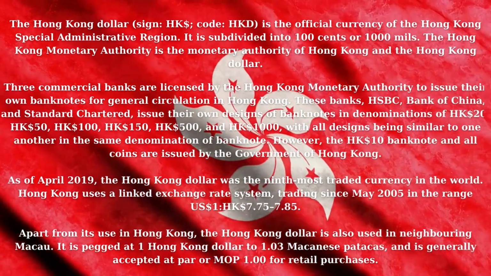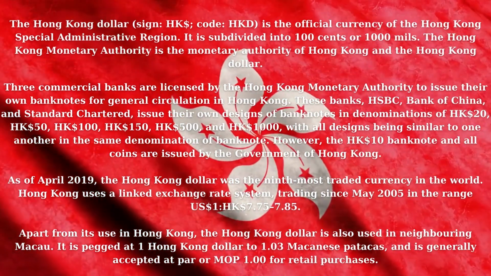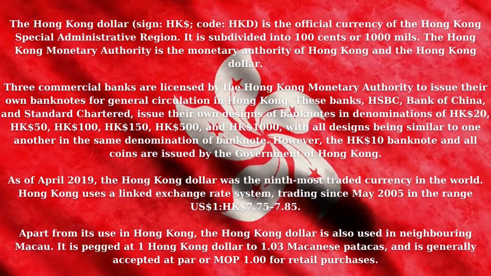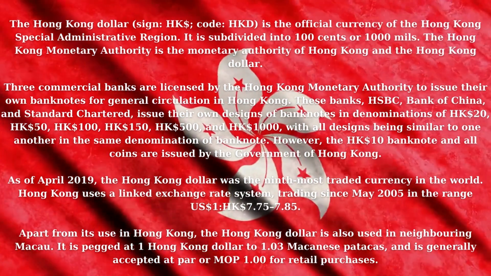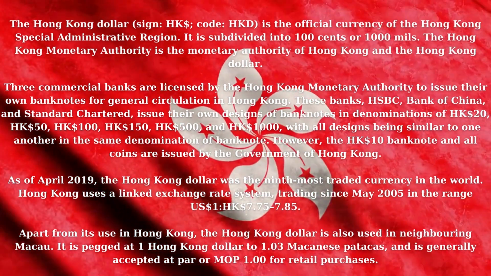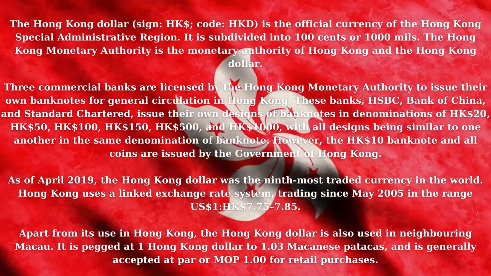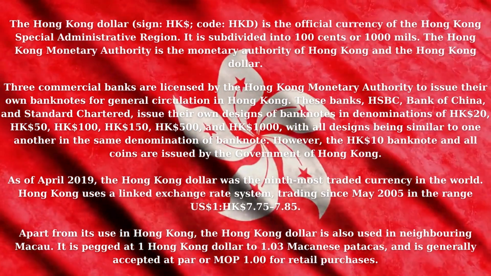The Hong Kong dollar, sign HK dollar, code HKD, is the official currency of the Hong Kong Special Administrative Region. It is subdivided into 100 cents or 1,000 mils. The Hong Kong Monetary Authority is the monetary authority of Hong Kong and the Hong Kong dollar. 3 commercial banks are licensed by the Hong Kong Monetary Authority to issue their own banknotes for general circulation in